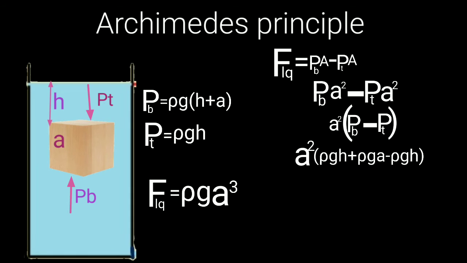Now here, a cubed means it is a volume. Which volume? All of you may think that a cubed means the volume of the cube, but that is not the case here. Here the volume means the volume of fluid that is displaced: when we immerse this cube in this cylinder, some water is pushed out due to the volume of the cube. So here a cubed means the volume of the displaced liquid.